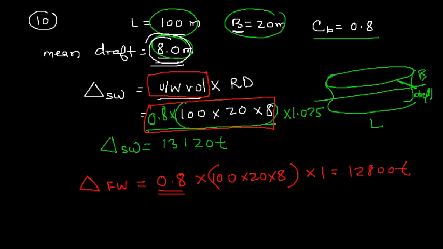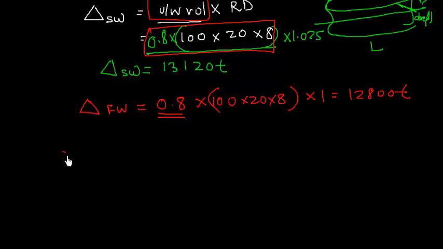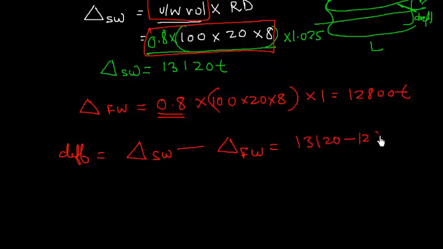12800 ton. So the difference is the displacement of salt water minus displacement of fresh water, which is equal to 13120 minus 12800, so I get 320 ton. Well, if some of you are